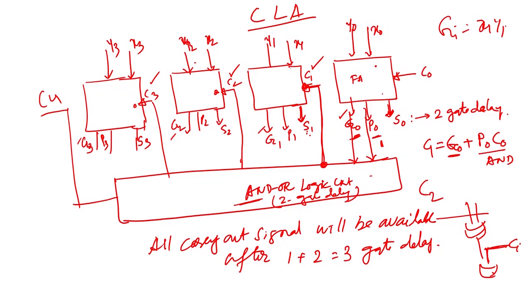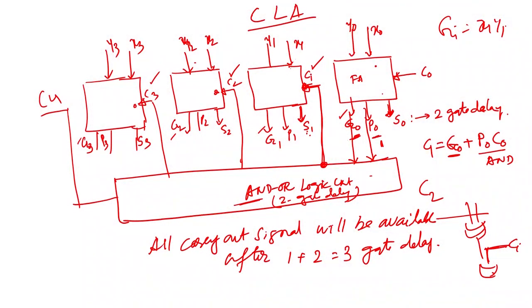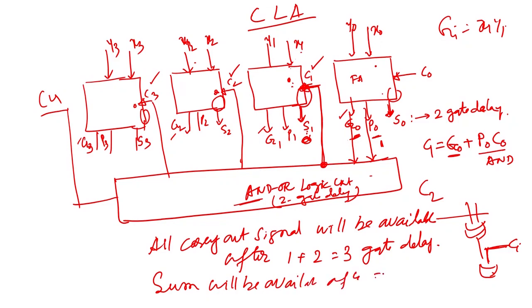So, for the final sum it will take one more gate delay, because if you see whatever the computed value xi, yi, and now this value will come, then the results will change, but that is not getting propagated anywhere. So, therefore, this last XOR portion can work simultaneously. So, therefore, the sum will be available after 4 gate delay. Am I right, or will it take more? That we will see in the next class.